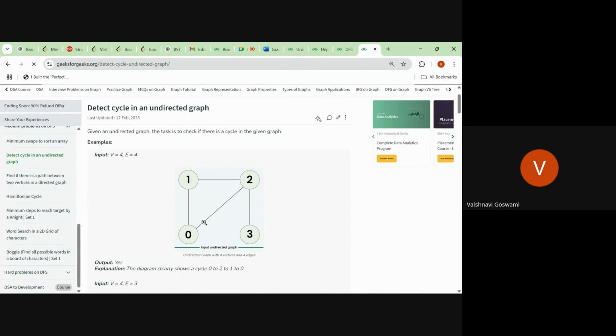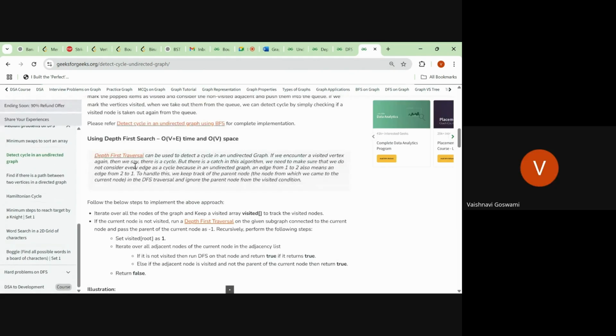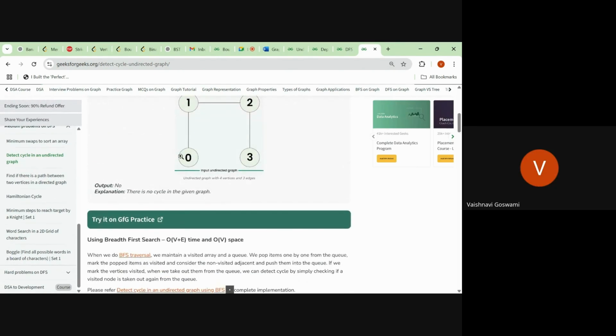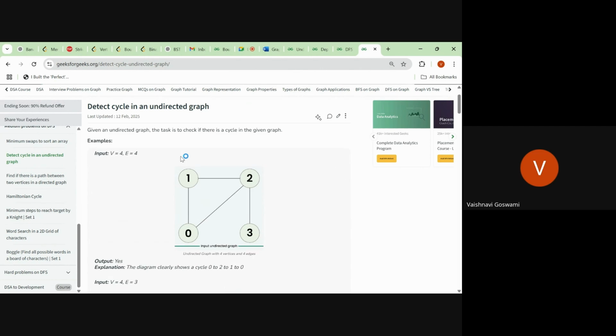The basic thing which we saw now is about traversal. We have seen both traversals, the DFS and the BFS traversal. These are the main things in graph. After this, whatever things we do will be based on these two traversals only. Either we will do DFS traversal or we will do BFS traversal. So now this question, detect cycle in an undirected graph, can be done using BFS and also using DFS. We will see how using both these traversal techniques we will be able to detect a cycle in the graph.